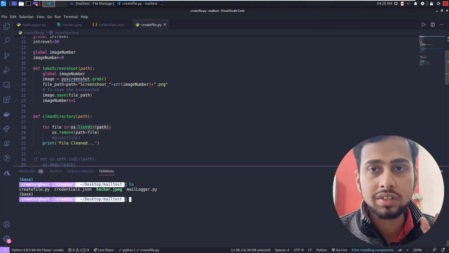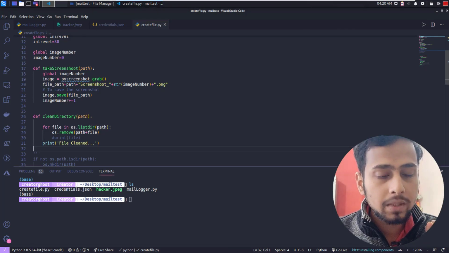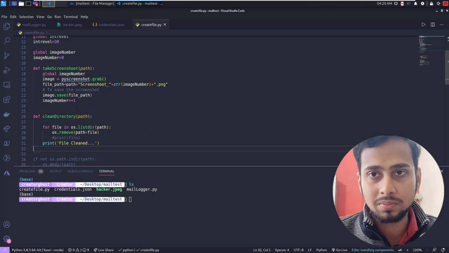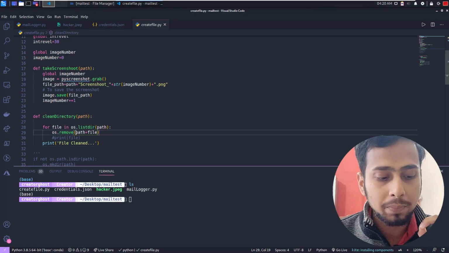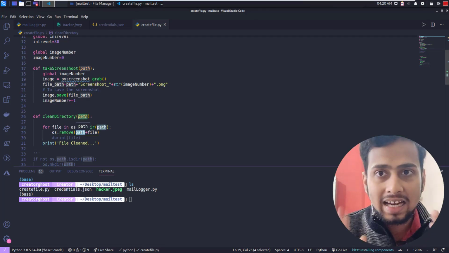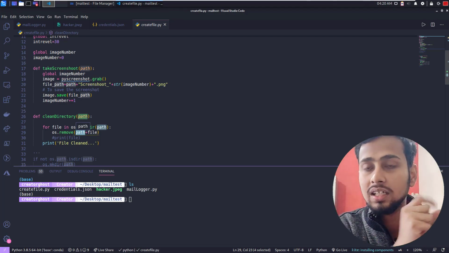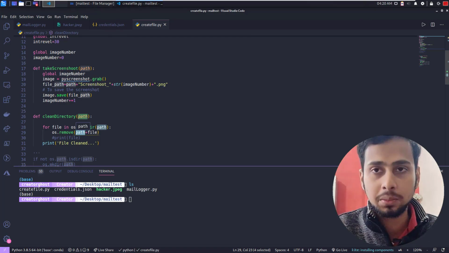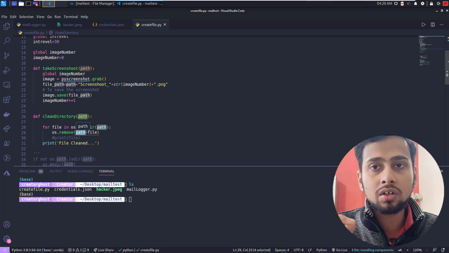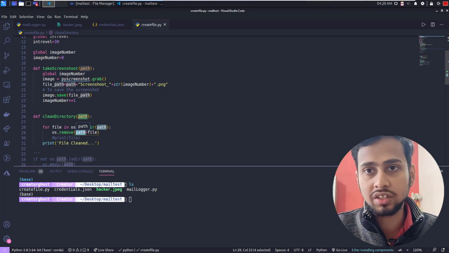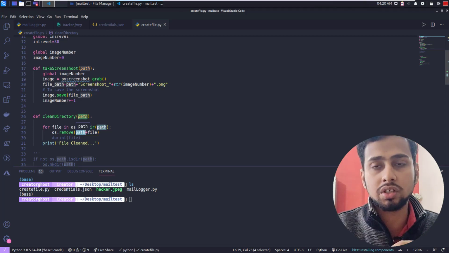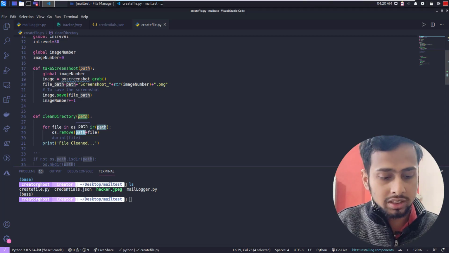Once we get the screenshot name, it is just going to be the screenshot name, not the path. So we have to specify the path where the screenshot is, then add it to the file name so that it contains the complete path of that image. We are not inside the image or screenshot directory, so we cannot simply use os.delete to delete it. Let me show you an example.